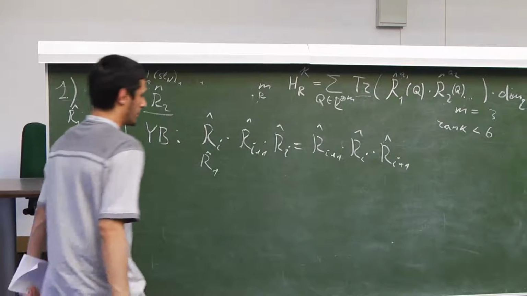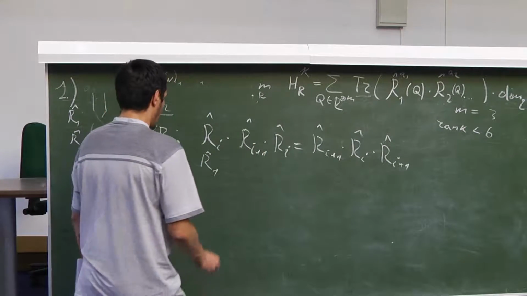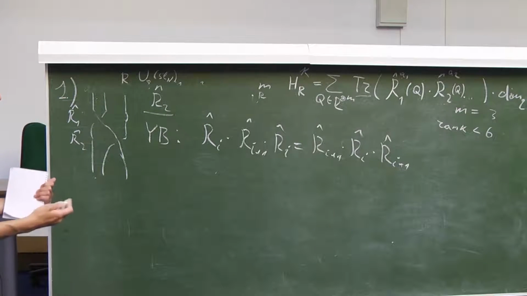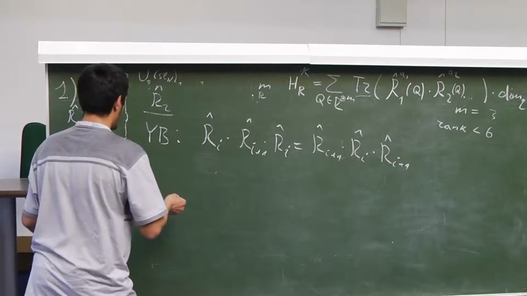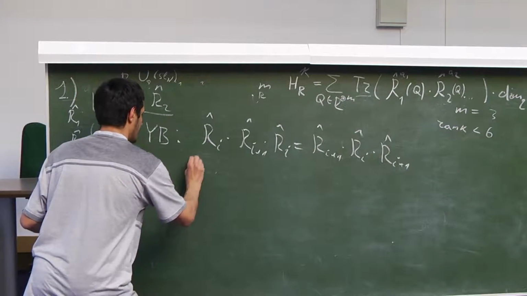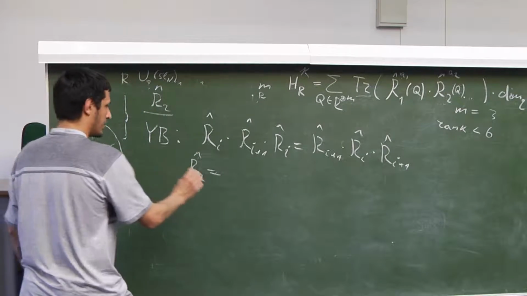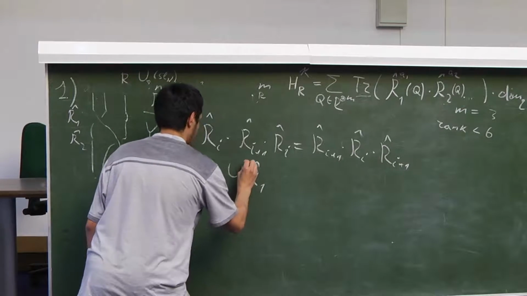In a more general case, I don't know how to compute it. But in this case, we can use representation theory to compute R2. It turns out that R2 is now rotated with respect to R1 by some matrix U,